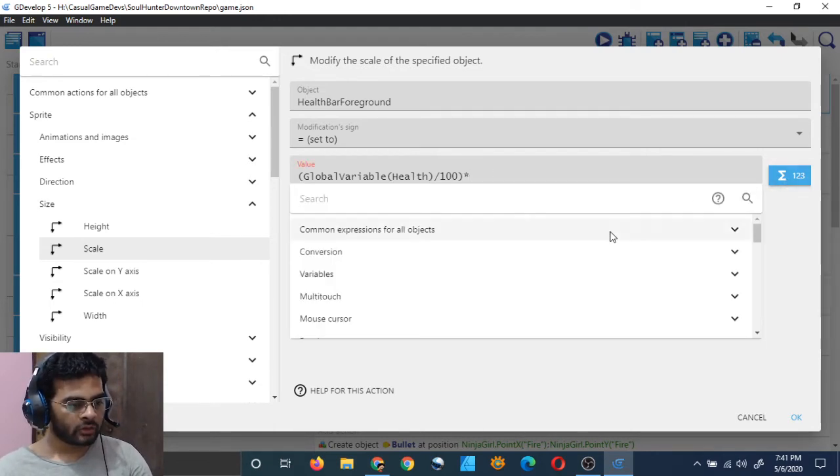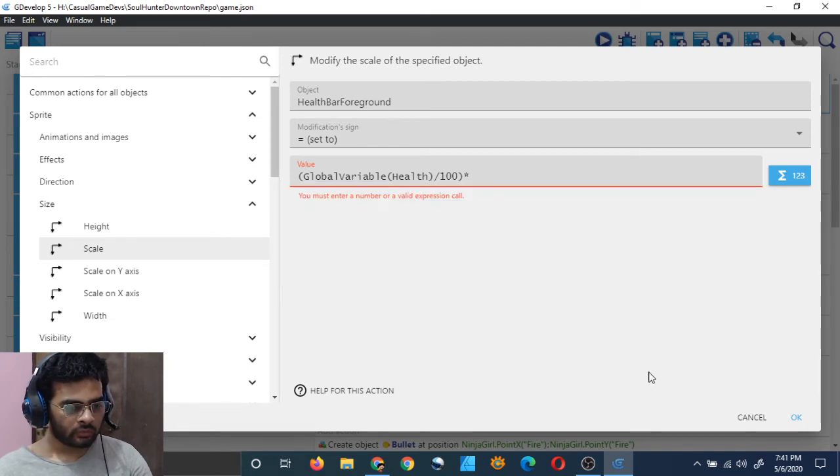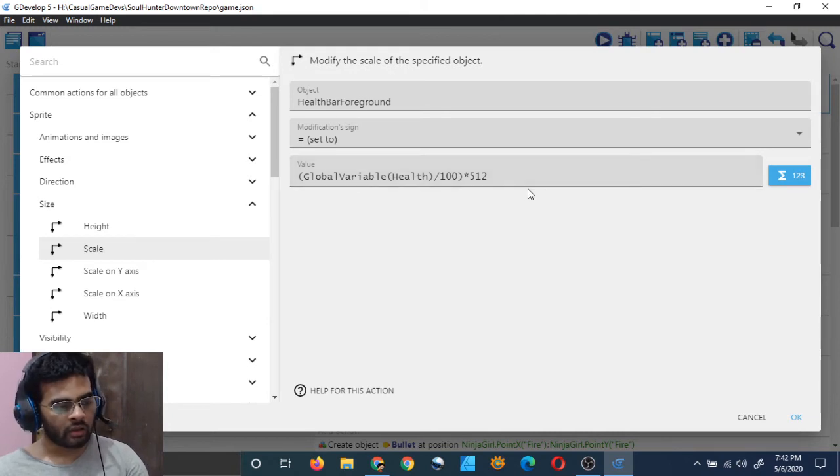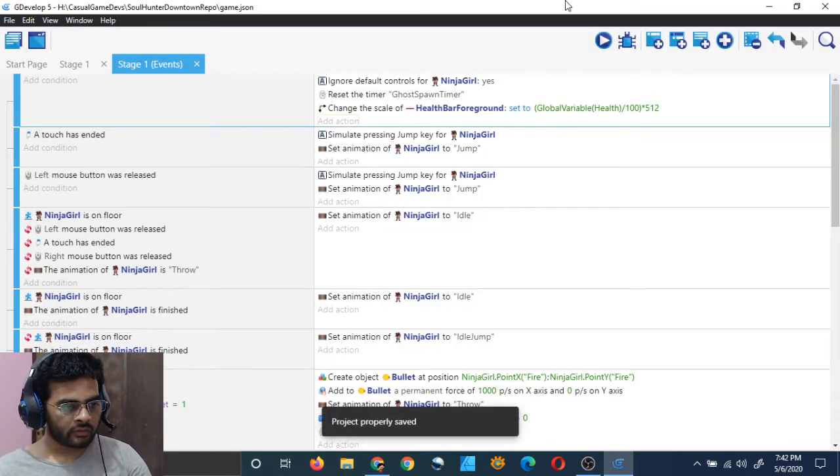But I will just use the width of the, no, not the width. 512 it should be. Why? Because the width may be dynamic, right? Because we are changing it every time. So just type 512. Every frame this calculation will happen, and I hope it works properly, but I may have to adjust the position, I believe. Let's test it out.